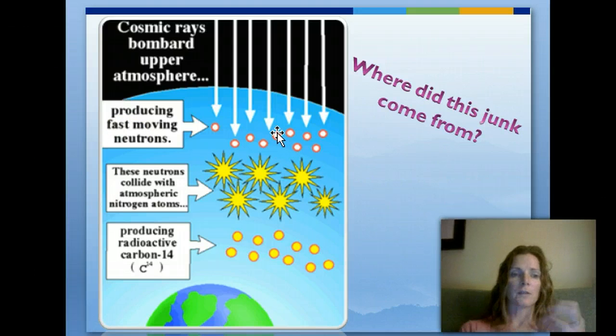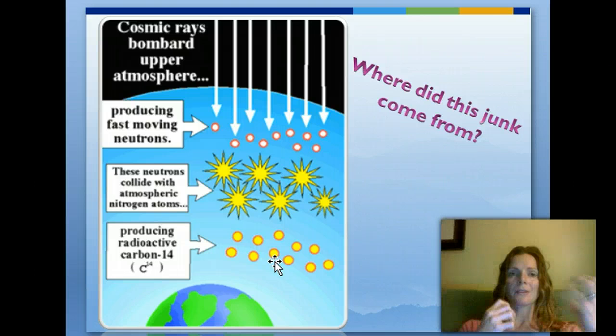So very fast-moving neutrons. And the neutrons are going to collide with these atmospheric nitrogen atoms because there's nitrogen in the atmosphere, okay? Along with oxygen, along with some other things. So it's going to collide with this nitrogen, and it produces the radioactive carbon-14, okay? That is basically in the atmosphere. So just like that, that fossil was absorbing it through its lifetime, and therefore paleontologists and different scientists can actually figure out how old those fossils are. Right? All right, so